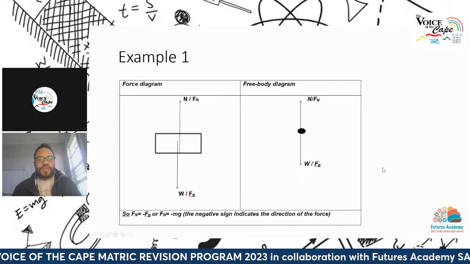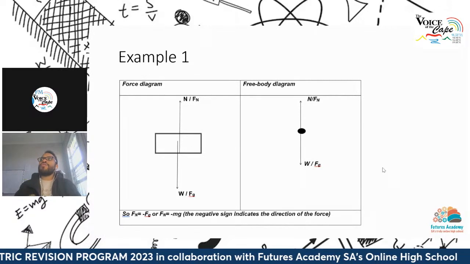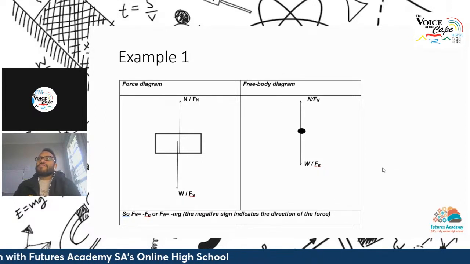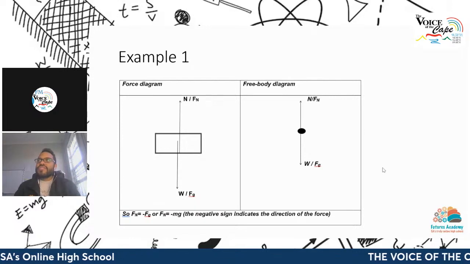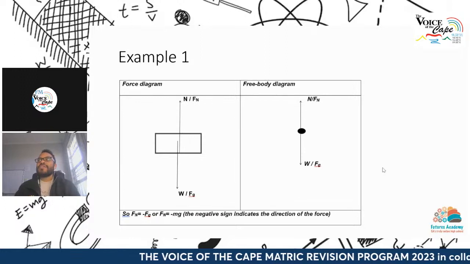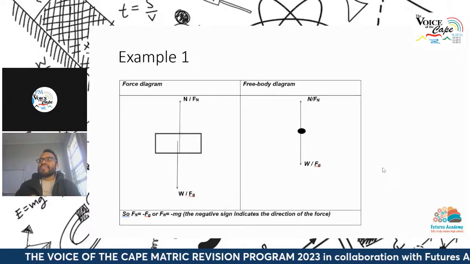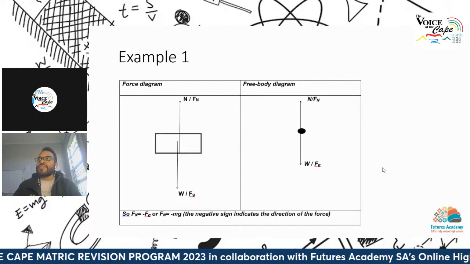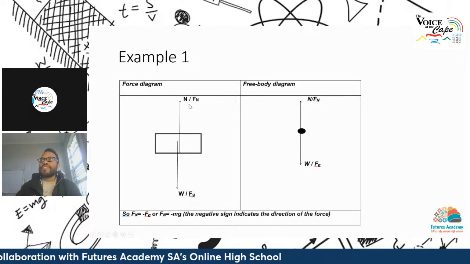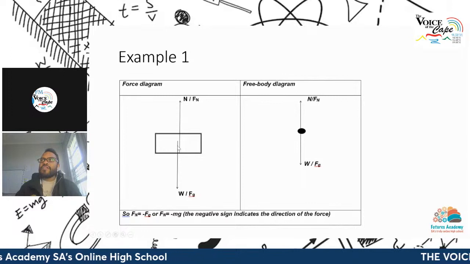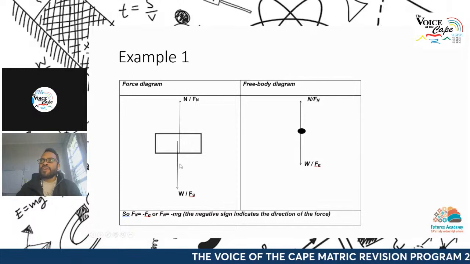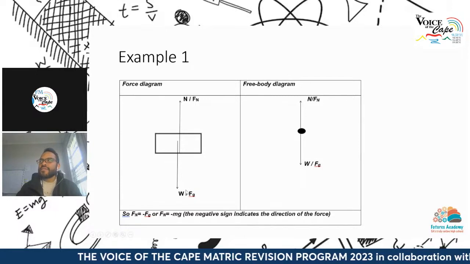Okay, so to begin, here we've got two diagrams. On the left-hand side of the screen, we've got what's known as a force diagram. And the reason it's called a force diagram is because I see an object and I've got arrows representing the forces acting on the object. Now, in this particular case, I've got the normal force, and let's just assume that this object is resting on a surface, hence that's why I have the normal force represented by N or Fn. And I've got, because the object has mass, and we are on Earth, it has a gravitational force, or the Earth's gravitational pull applied to it, known as the weight.